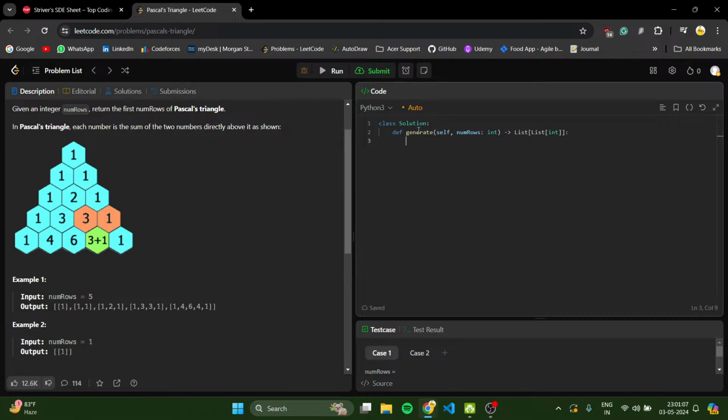Now, why can't I type? I don't know why. Okay. So it's straightforward that if numRows equals 1, then you can directly return a list of 1 because that is the value. Else,